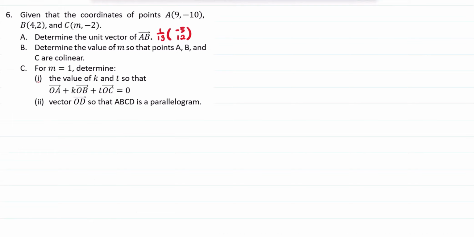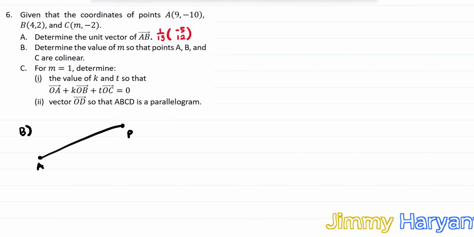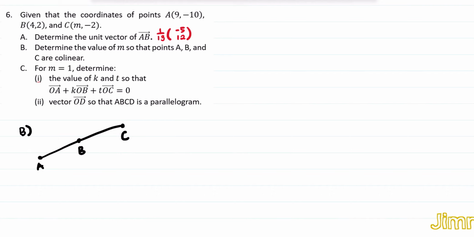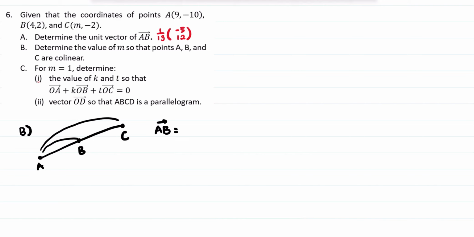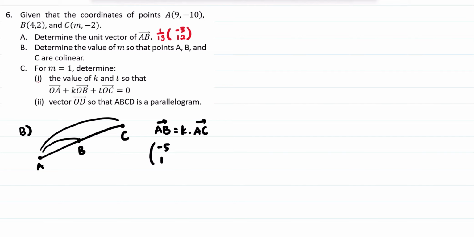Next, question B. The question wants you to find the value of m so that A, B, and C are collinear. For question B, we can draw the situation a little bit. This one is A, this one is B. I don't know exactly where C is, so I will draw it like this. Collinear means I will take AB and AC, so the vector AB equals k times the vector AC. We already have AB from the previous question, which is (-5, 12), equals k times